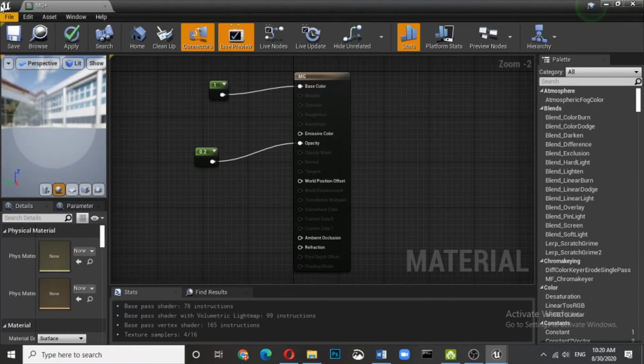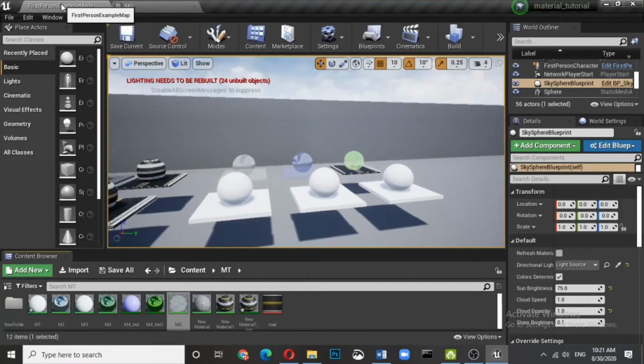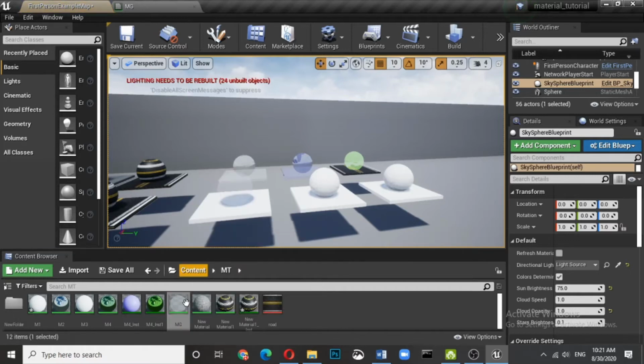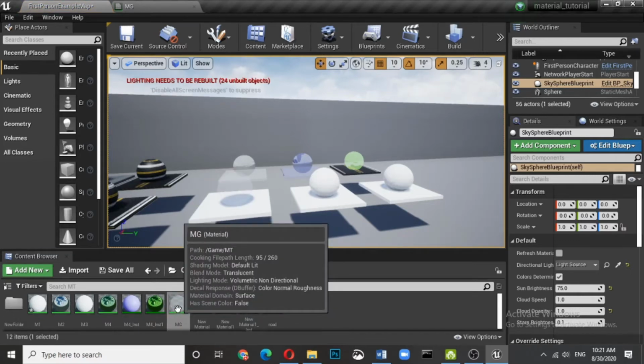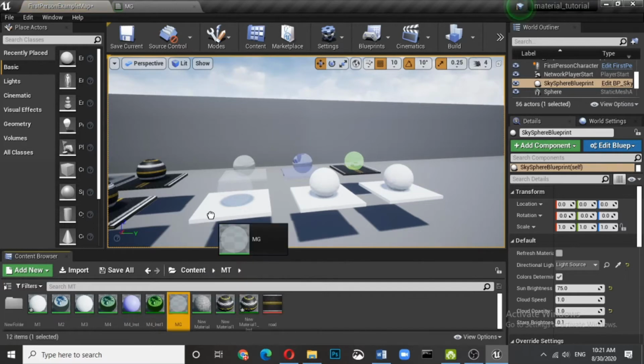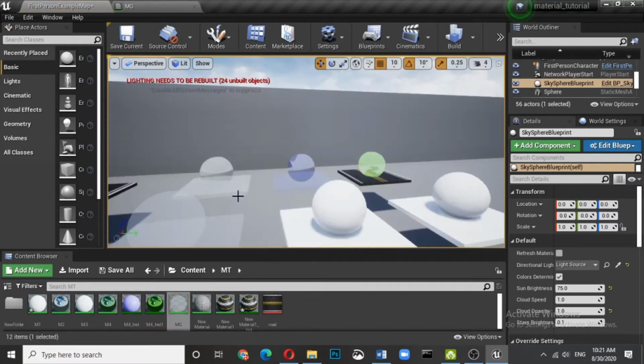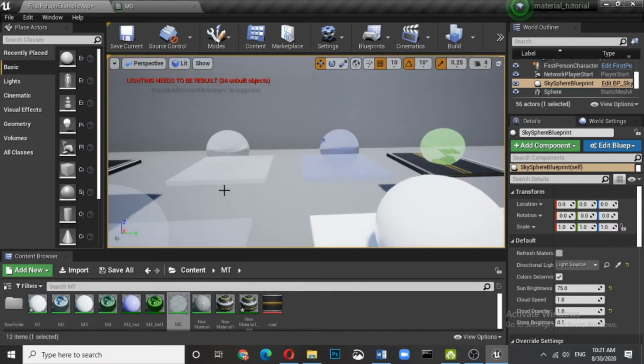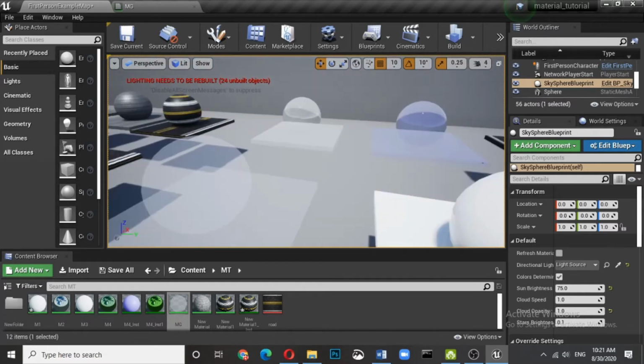So save it. Yeah, now where is the glass? Here is the glass material. So apply onto this. So you can see the material is a bit transparent, but it is not giving a feel of glass. What glass does, there is a reflection also, and which is important, otherwise it is just a transparency.